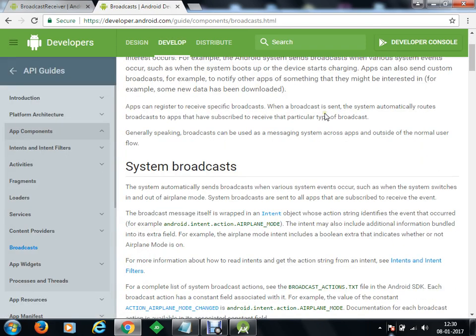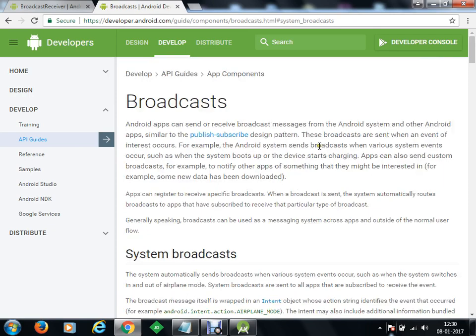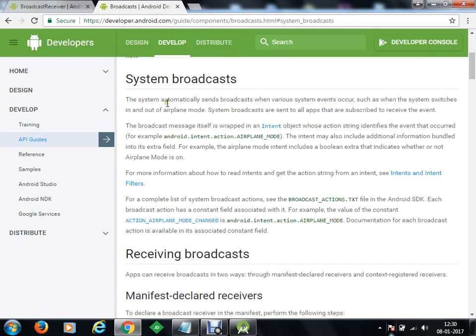Okay, now you can see that here we have the broadcast list available, and on the broadcast list you can see that we have the system broadcasts.